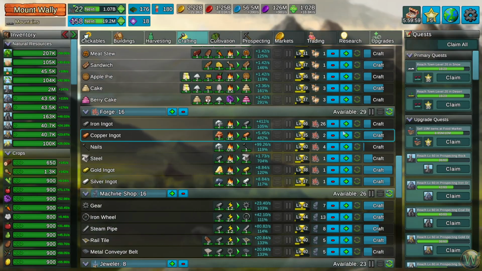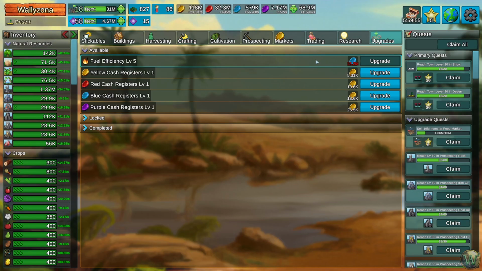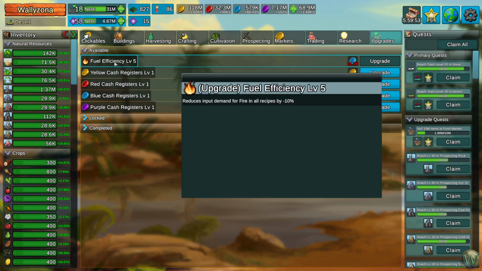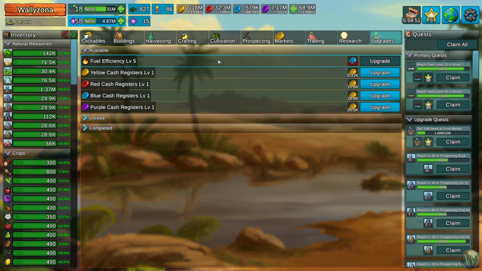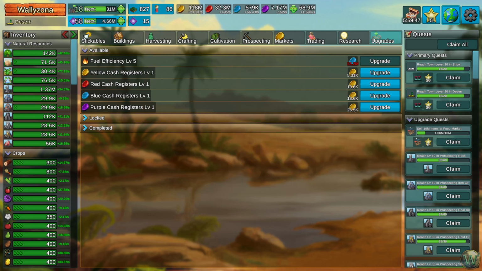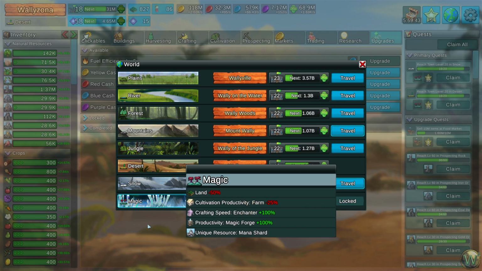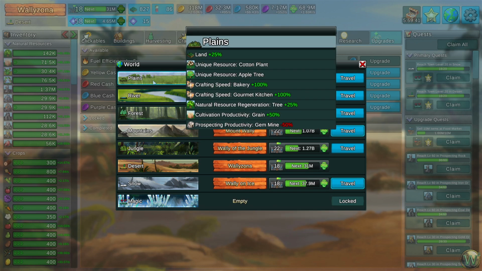But that's standard once you unlock, oh, you know what that is. That was kind of a duh moment. That's this. 10% reduction in fuel demand, or in fire demand. So that's useful. So what I've done is I've gone through this whole list, and I've categorized each of these